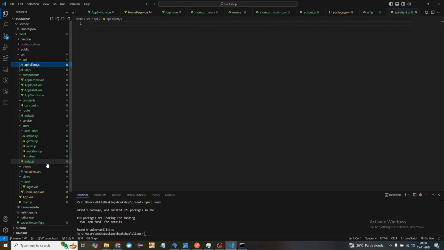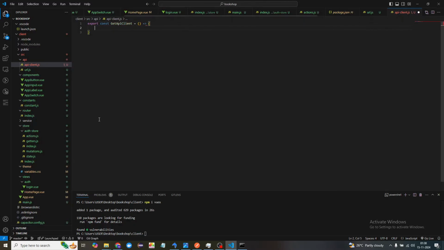So the very first thing is, I'm going to export constant, and this is getAPIClient. This is going to be a closure. If you are aware of the closure concept in JavaScript, it is as easy as it looks. Here I have one function, const getInstance